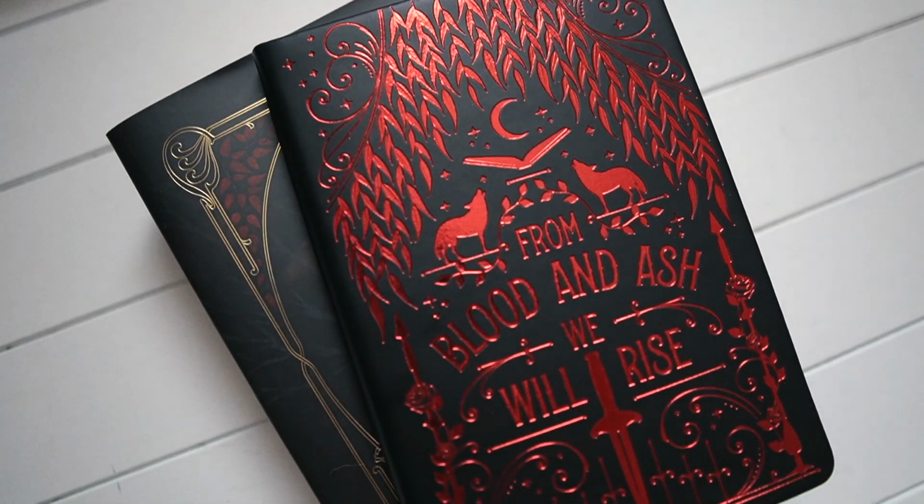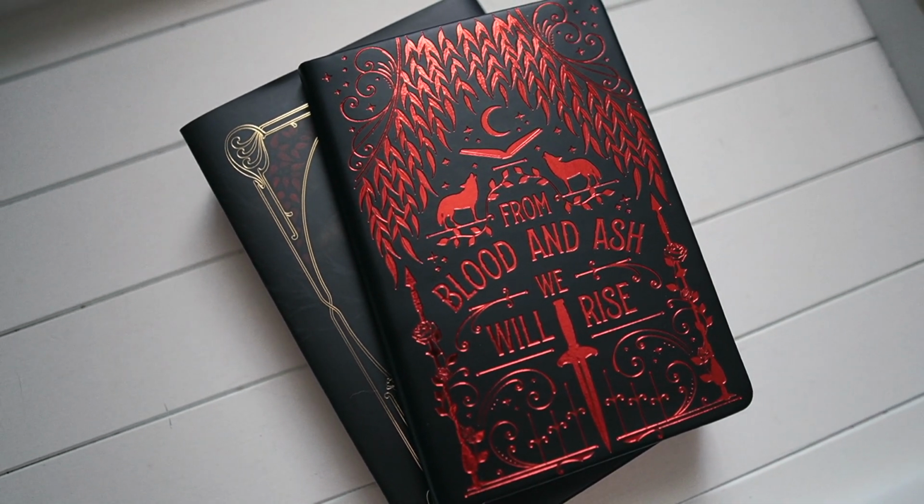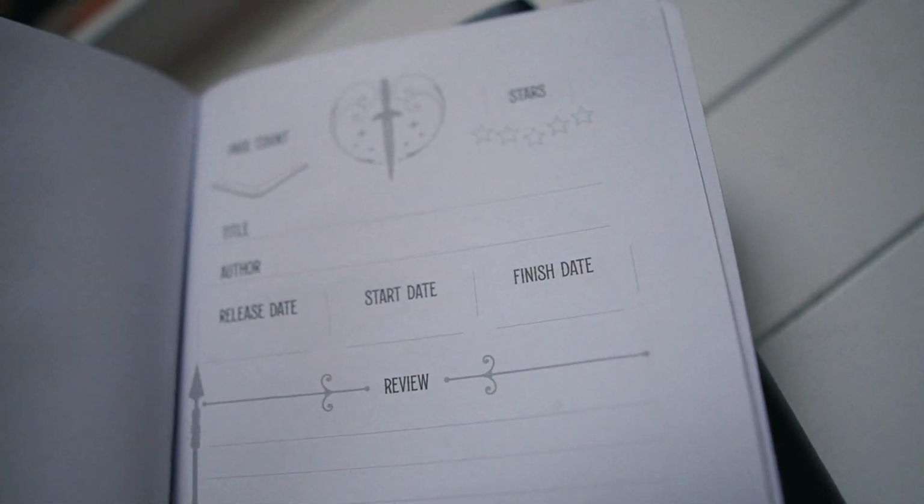Okay, this is so exciting. So this is, I believe, a reading journal, and this is black and red foiling. It's got these really dark sprayed red edges, like burgundy edges. From Blood and Ash We Will Rise is on the cover, so I'm assuming it is obviously from Blood and Ash. It also has a little band to keep it closed. The inside is